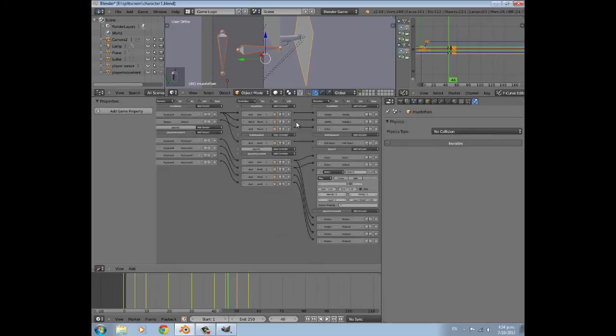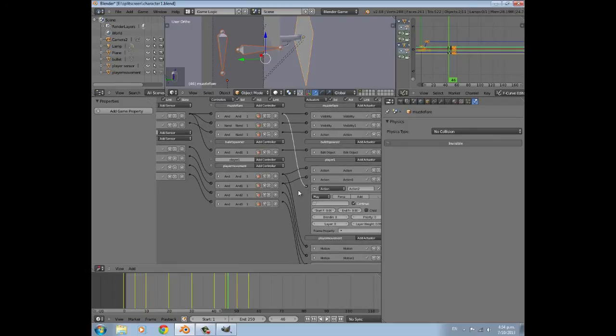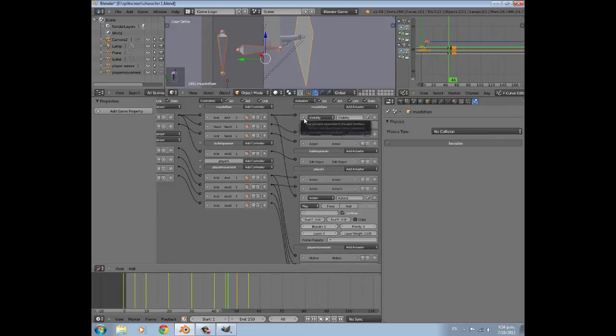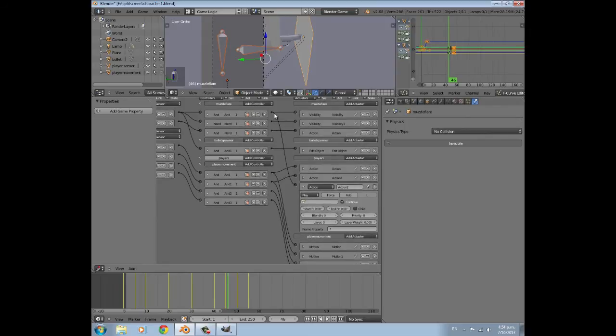So we'll just make this bigger, join that top one up to the bottom one, so when the keyboard is pressed it will make the muzzle flare visible, and it will also spawn the bullet, and it will play the animation of the player shooting. So that starts at frame 45, ends at frame 55,